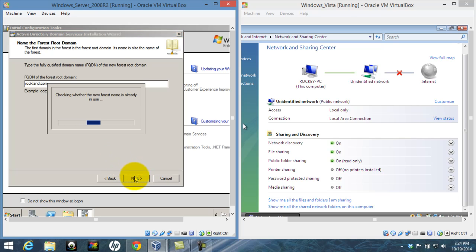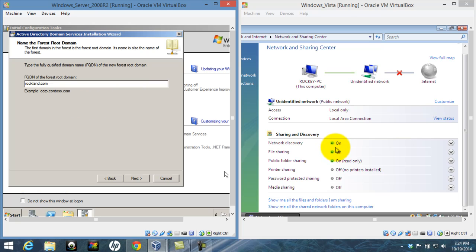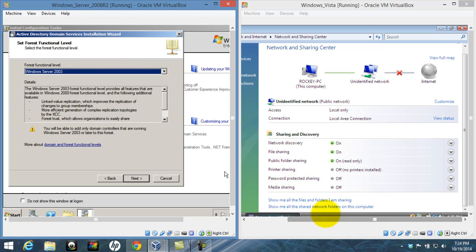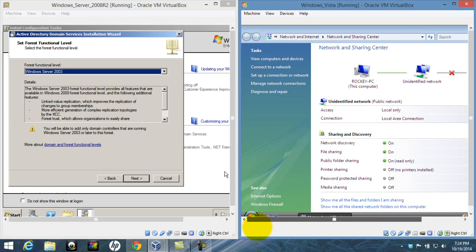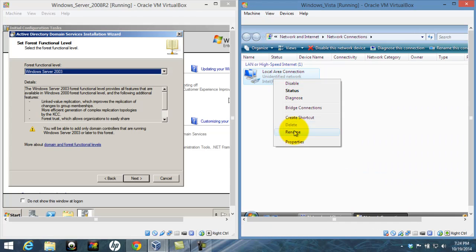Next, and now it's going to just check to make sure that the name is unique. And while it's doing that, we're going to continue with the Vista machine. So as I said before, just make sure that we turn on this network discovery, very important, and then we go on here now to manage network connections. Make sure I go down to properties,